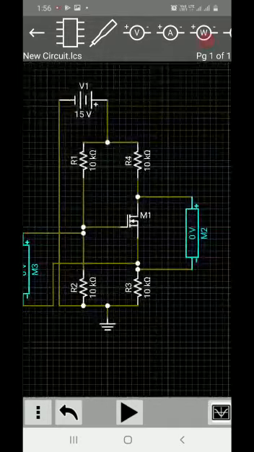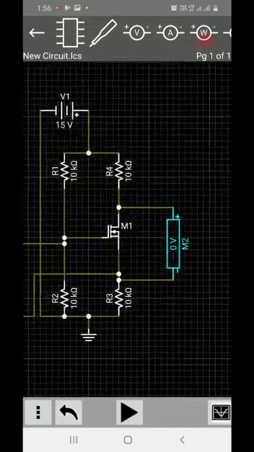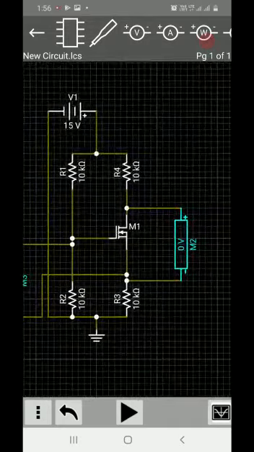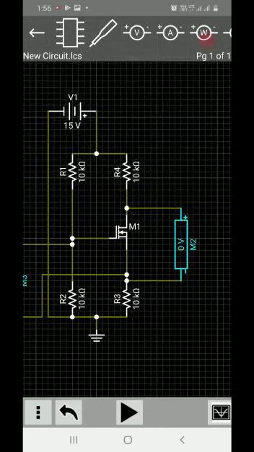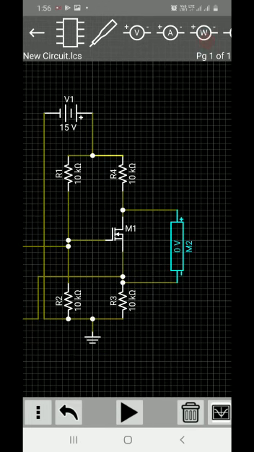Now we need to connect one milliammeter. To measure the value of drain current, a milliammeter is required, which is to be connected in series with the path through which we want to measure the current. So I will break this connection segment. Initially if you select, all the segments may get selected, so deselect it, select the particular part, again deselect it. Only the desired segment I will choose.